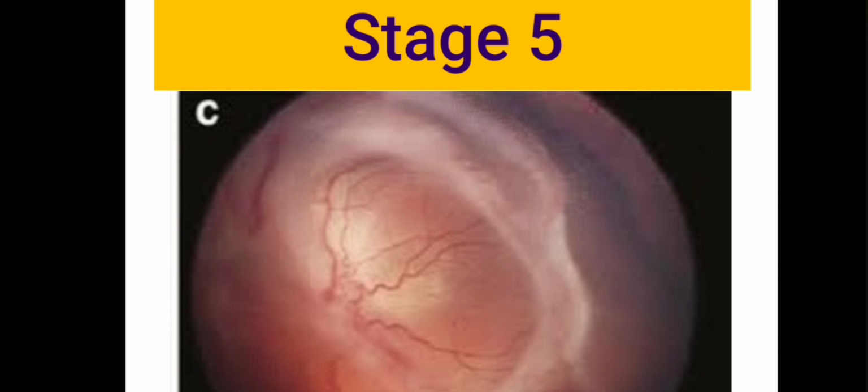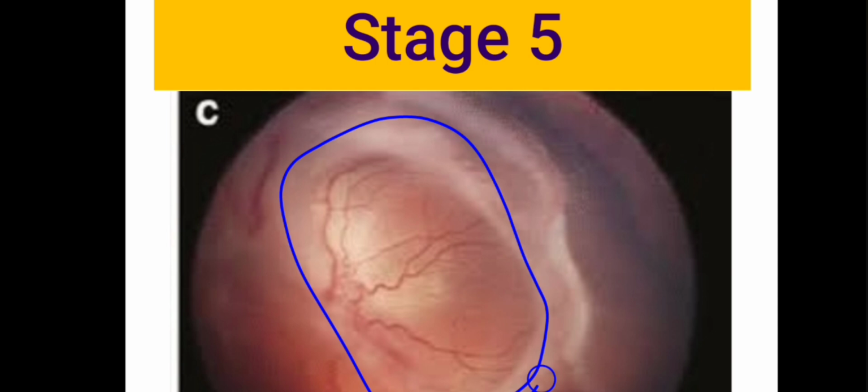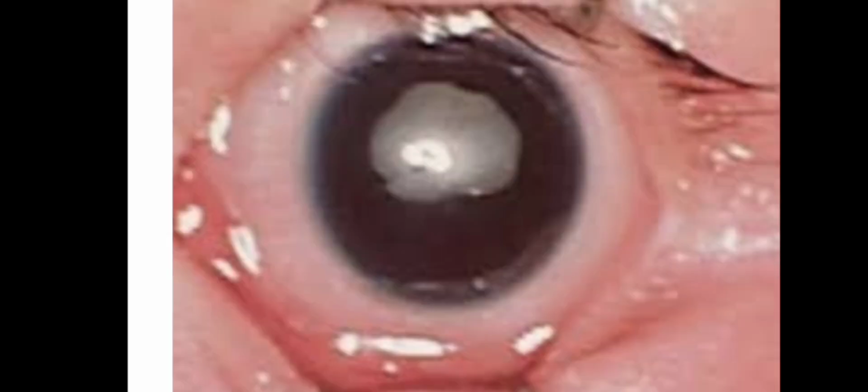Coming to stage 5 of retinopathy of prematurity, here we have total retinal detachment which is usually funnel shaped, and which can again be classified depending upon whether it's open or closed type. When the child has stage 5 ROP, that is the total retinal detachment stage, then only the child will have leukocoria. So when the parents present with leukocoria in a premature baby or ROP case, it is complete retinal detachment, and this is a very late stage. The prognosis is very poor.